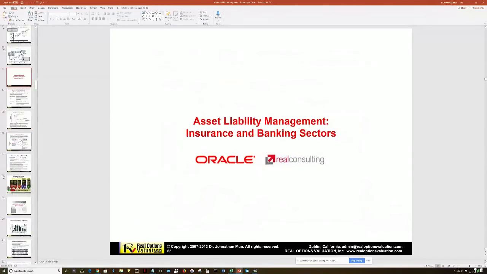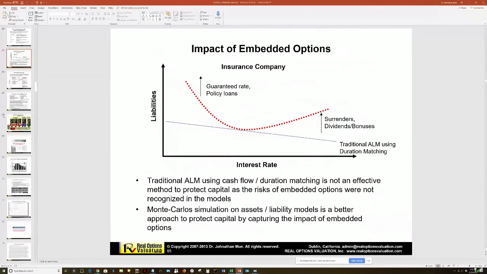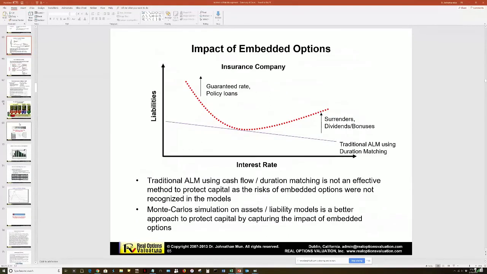In Oracle, we actually help them with banks where we look at asset liability management, where we look at the impact of embedded options. Insurance company where you're immunizing your risk, your upside and downside risk. So asset and liability, money coming in, money going out, and you need to balance that because you're extremely sensitive to perturbations in the economy like interest rates or inflation and so forth. So how do you immunize that? How do you find guarantees? How do you put in embedded options, where you have futures, forwards, options that actually minimize your risk?